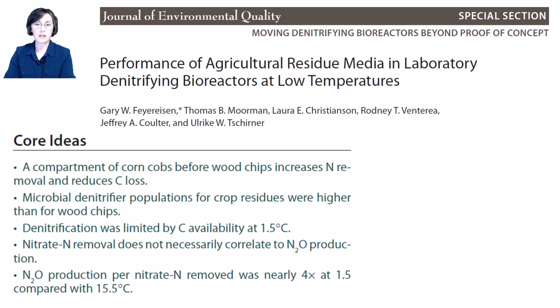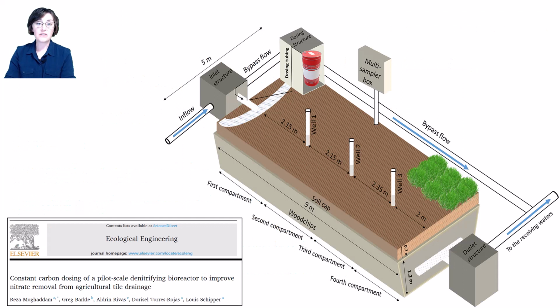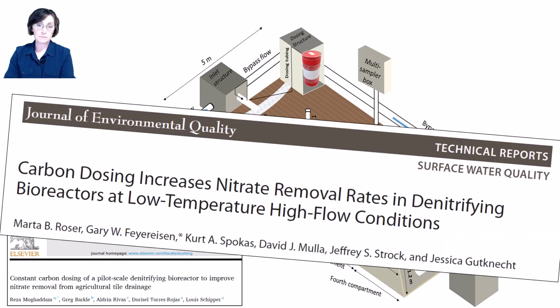Under cool water temperatures, denitrification is especially carbon limited. So one option that's being explored, especially for bioreactors in cool climates, is dosing with liquid carbon. I think this is really interesting, but the practicalities of running a pump, even a passive pump, in a remote area that's often without electricity, where drainage water flow rates can vary a lot, might be a little challenging.